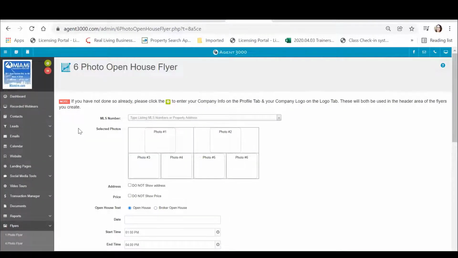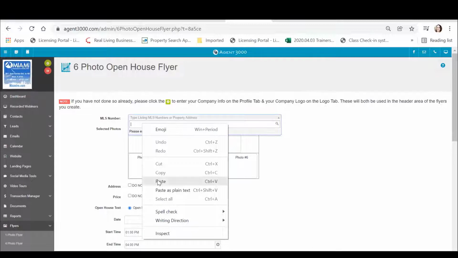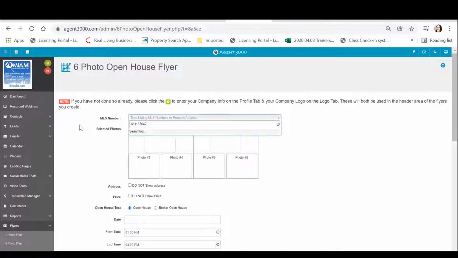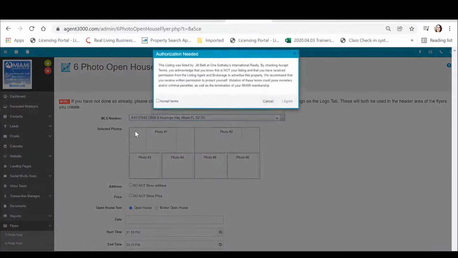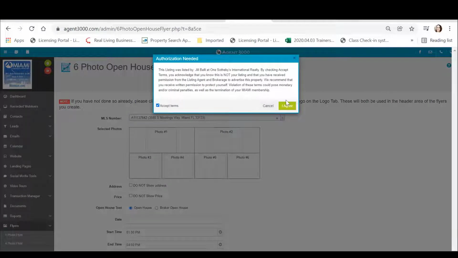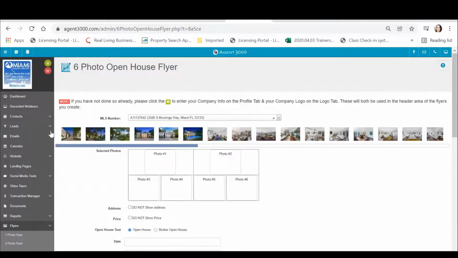Why? Because this is an open house. So this needs to be a property that is your listing, or maybe a listing in your office that you can do this for, and you have permission to be doing the open house, right? So you want this to be your listing. But for the sake of presenting it to you and teaching you, I'm going to use the same property. I'm going to select, accept the terms, press I agree, and then I'm going to go ahead and drag some of the images